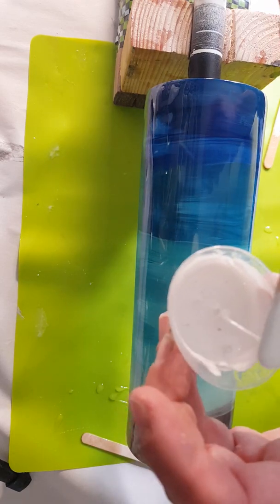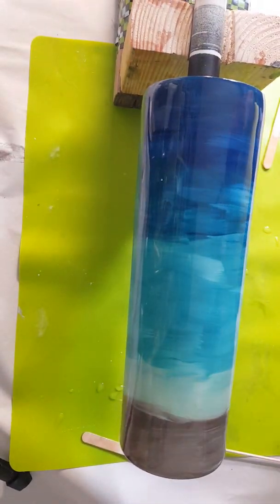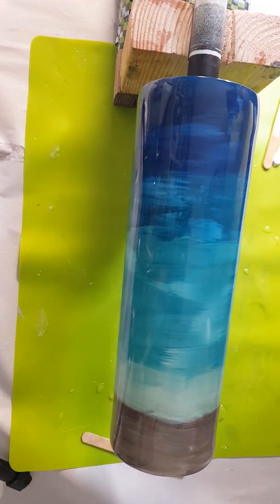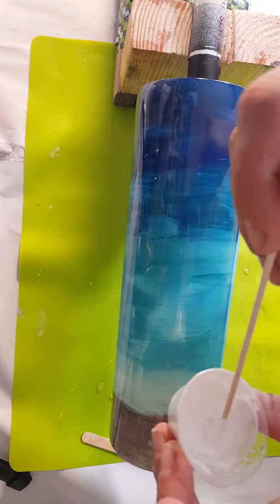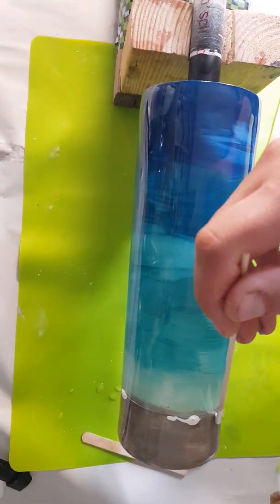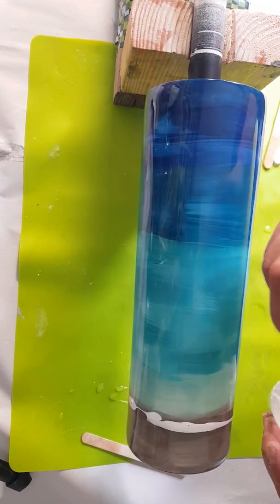Last time I used the popsicle stick I mixed the white with. This time I'm going to pass on that. I'm going to attempt it with the skinny stick first and see if I can get enough. So my white's mixed, and I'm going to do a drizzle right over